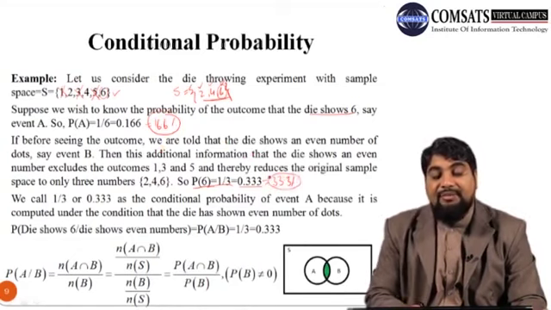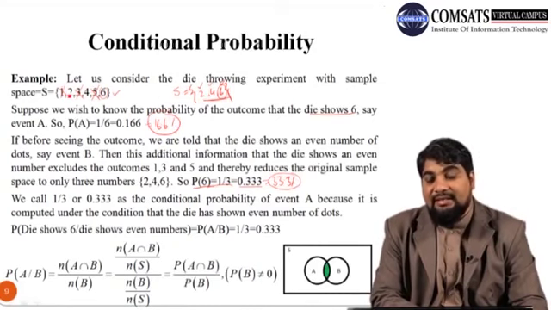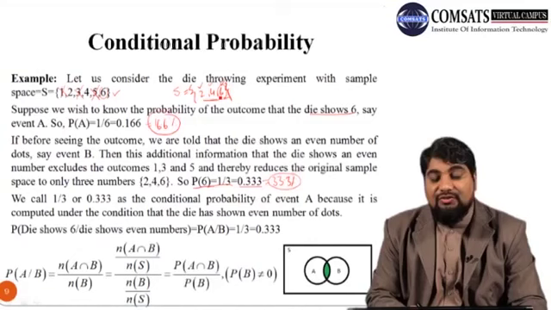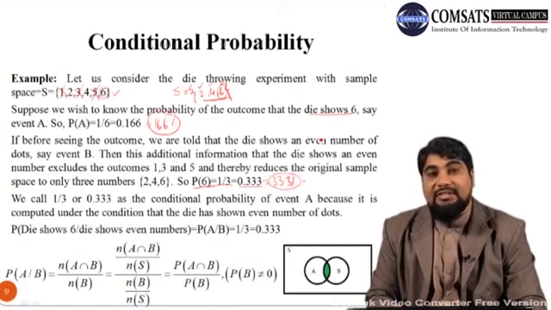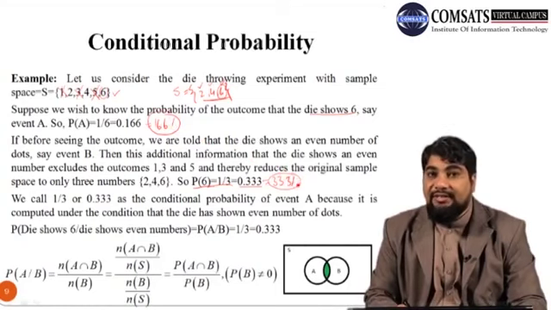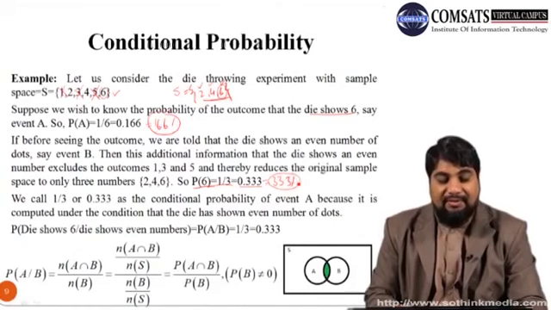But since we have the additional information that when a die is rolled we get an even number, our sample space is reduced by discarding the numbers 1, 3 and 5. This reduced sample space is created with the help of additional information. Due to this additional information, our probability for the number 6 increased from 16.6% to 33.3%. So whenever we have certain additional information, our guess improves.